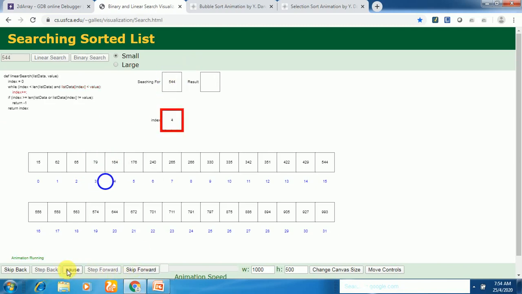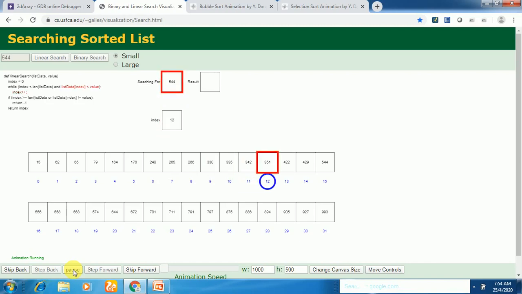So it will go to the next element. Here also there is no match. The next element 176 doesn't match with 544. Go to the next index. The next element doesn't match. Going to the next, doesn't match here. Going to the next element, doesn't match. Continuing the comparisons.